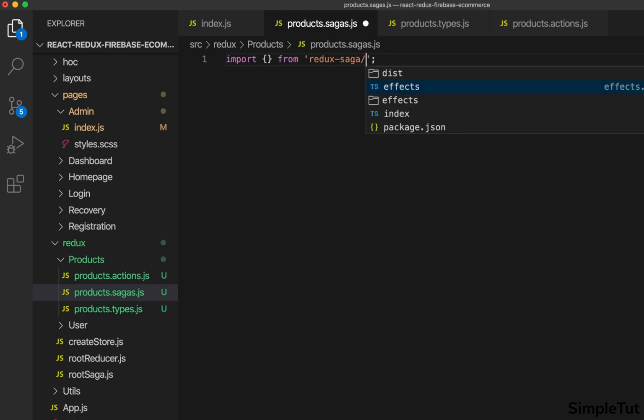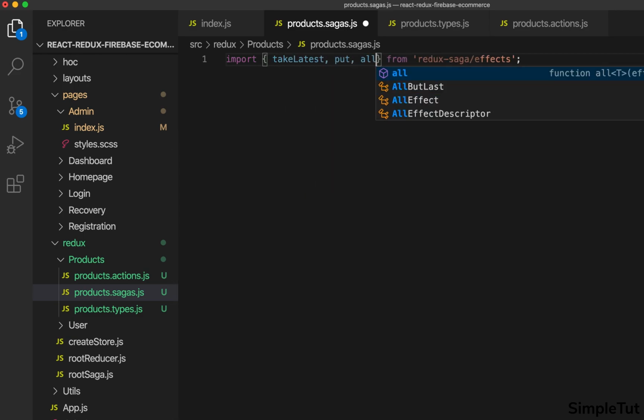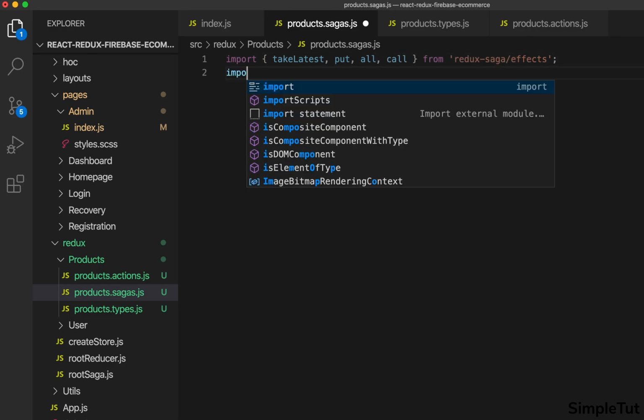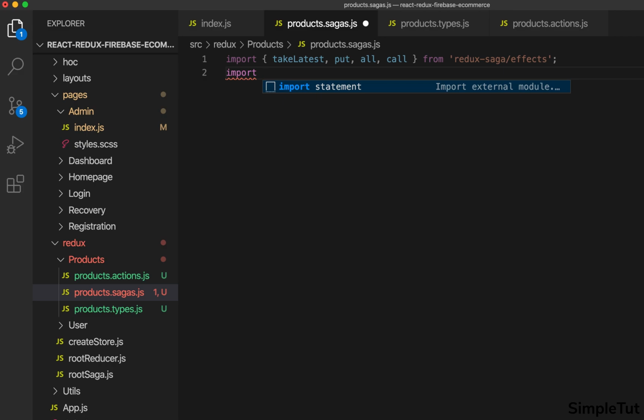So from Redux Saga effects, we need to import takeLatest, put, all, and call. Now, again, if you watched other videos, you guys will be very familiar with what those are, but if not, I'm going to explain them in just a moment. So we also need to import our product types that we created a few moments ago. We need to import that from